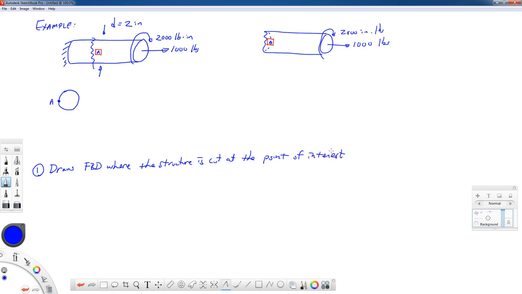And by the point of interest, I mean that's the place where we want to find the stresses at. Okay, so now we've made the cut. We need to get this thing in equilibrium. In general, we know from statics that we can have 3 forces and 3 moments on a structure. Looking at this, I think it's pretty easy to see without having to go through the summation of forces equations